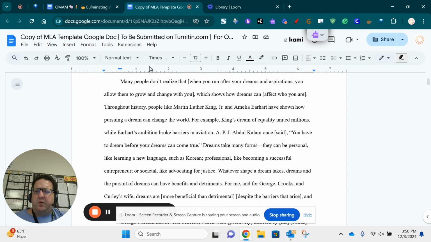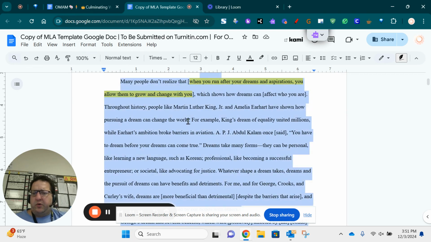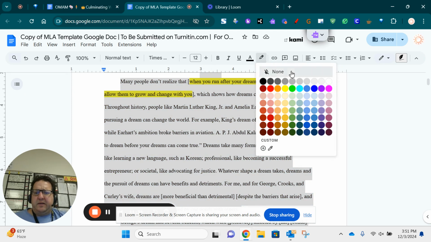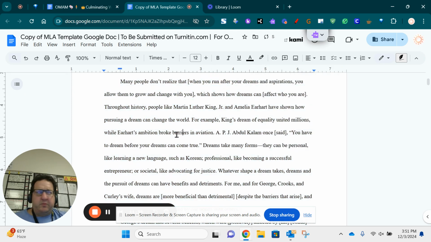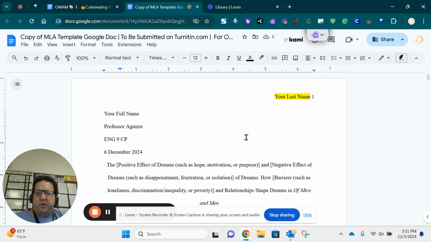Okay. So when you paste it in, if you did what I said in terms of pasting without carrying the formatting over, then you won't have a bunch of little highlights everywhere, right? But if you didn't, then you would. There is, however, a way to solve that. You're just going to do Control A, which is select everything, and then click none here. And wherever there was highlighting, there will no longer be highlighting.